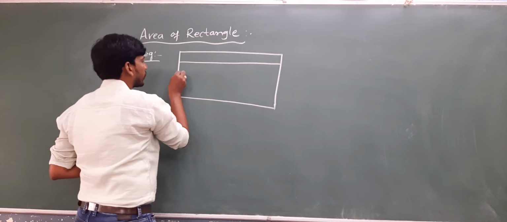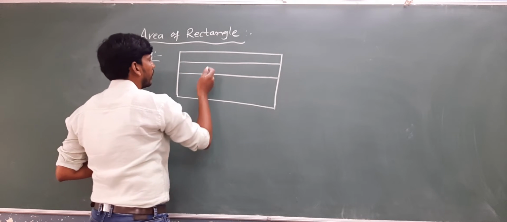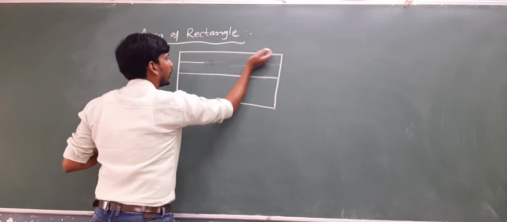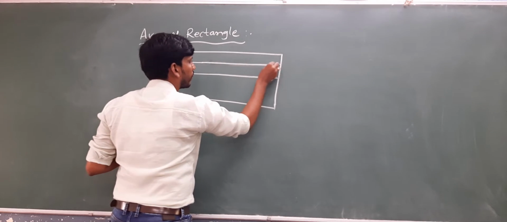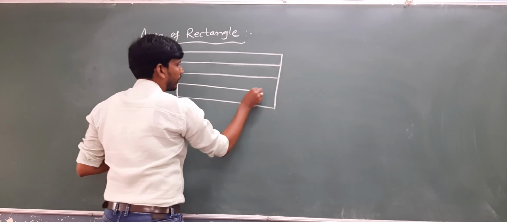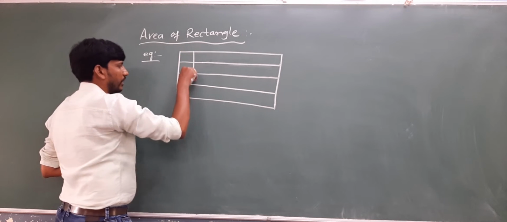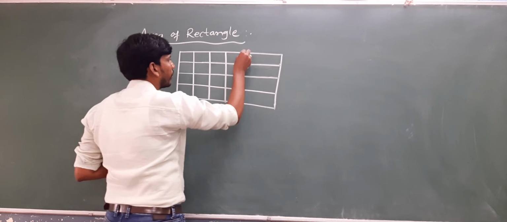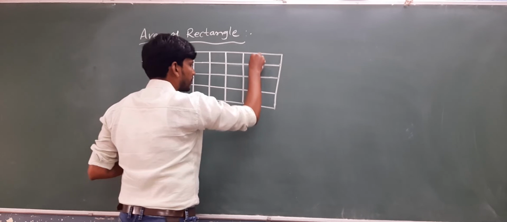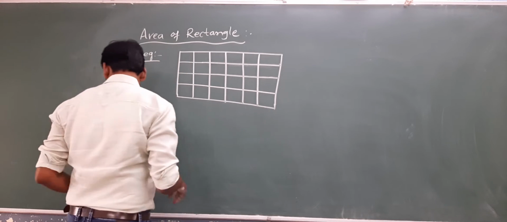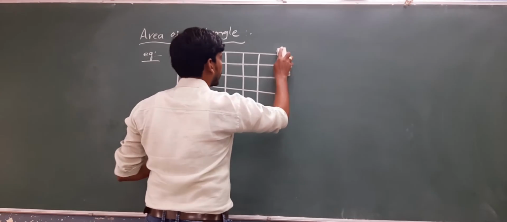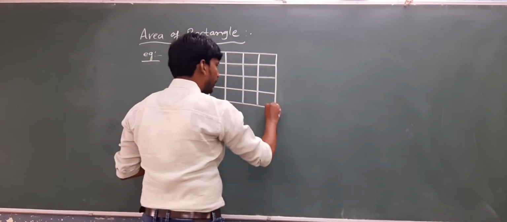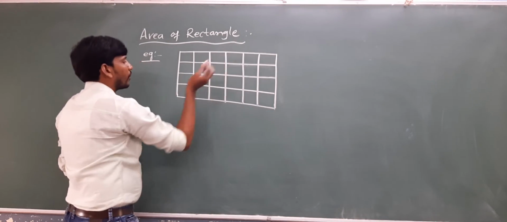See, here is a square grid paper. Okay, it is a square grid paper. I'm drawing that across, right? By using square grid paper, we can find by counting the squares the area of a rectangle or square or a triangle or a circle or an irregular shape or any different types of shapes also. Clear, my dear? So now see this here. Okay, now see this here. I am going to find the area of a rectangle. See, now there is a rectangle.